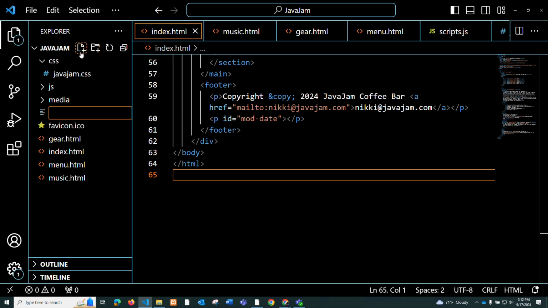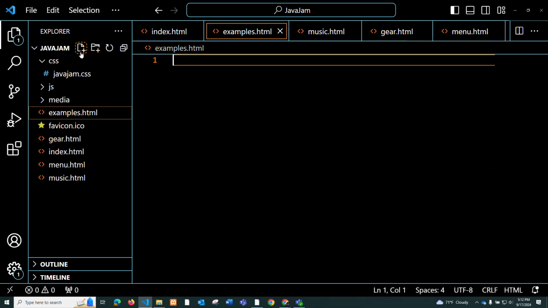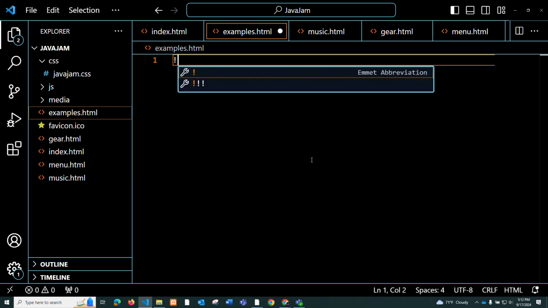If I hit new file here, we know that our home page is always called the index.html, but I'm just going to create an examples page. So examples.html, and then we get a blank slate, okay? And Visual Studio Code has an autofill feature. If you start typing exclamation, you can see there's either the single or the triple, and if you click on